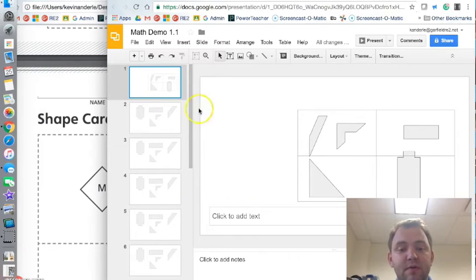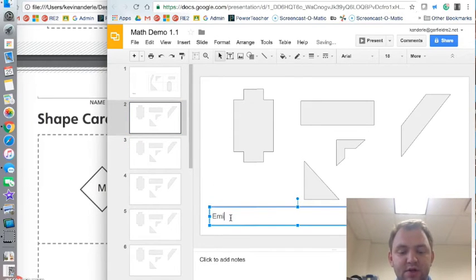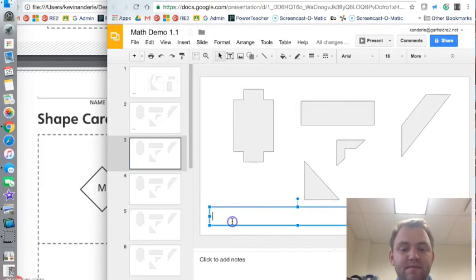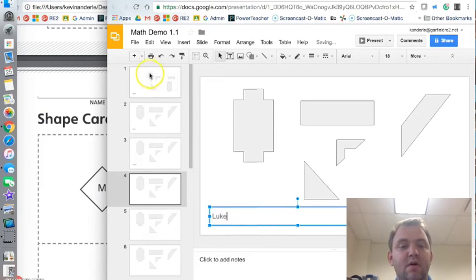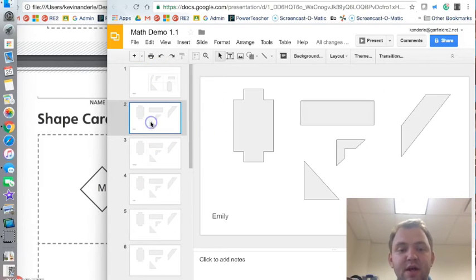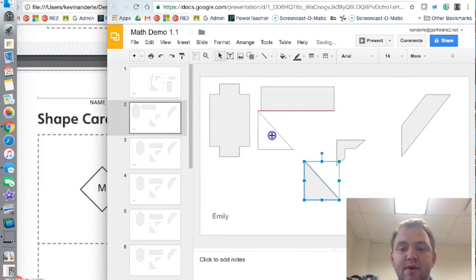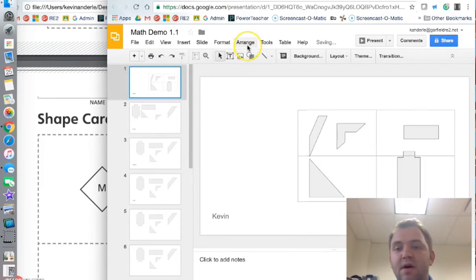Another thing that you can do, remember I had you add that little caption box down here. As a teacher, you can go through here and add in names for each student. And when they click into this slideshow, they can find their name, and then they're not working on somebody else's. The teacher can also hop in on the student page, and they can support Emily here, for example,